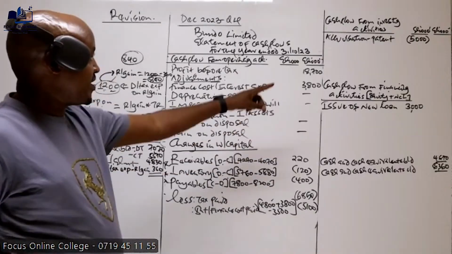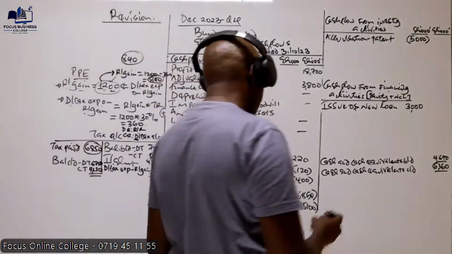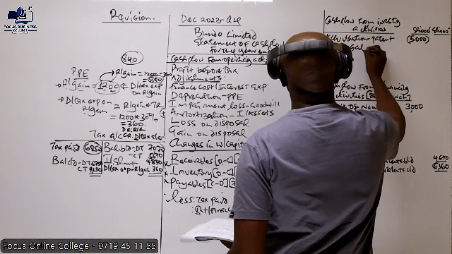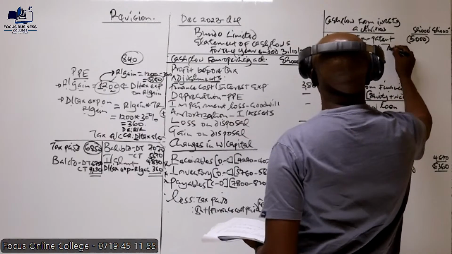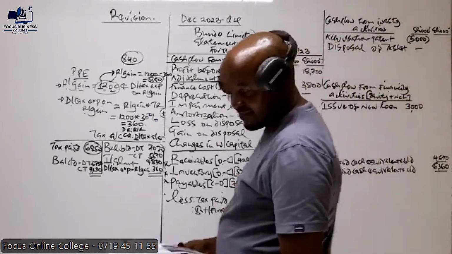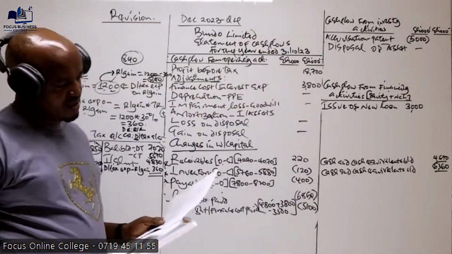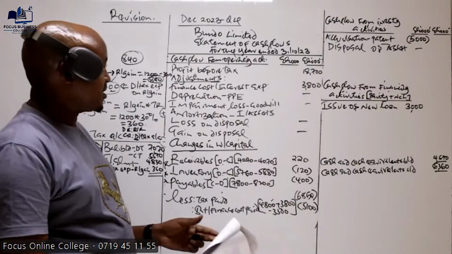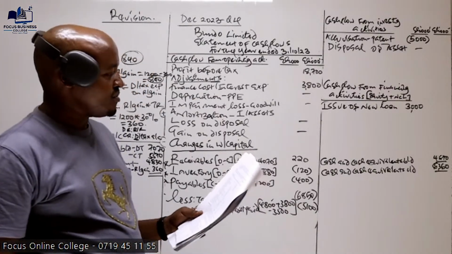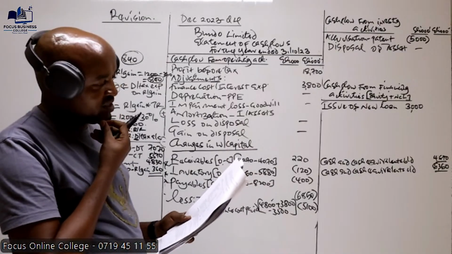So let's move and see whether there is anything else we can record there. In this question we don't have any disposal of assets. But there is something I want to show you how to compute, because I think we have come across the same in the other question. Note number 2, during the year which ended 31st of October 2023, Budo Limited